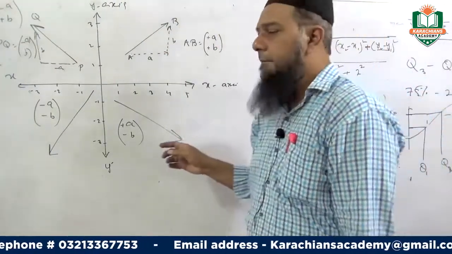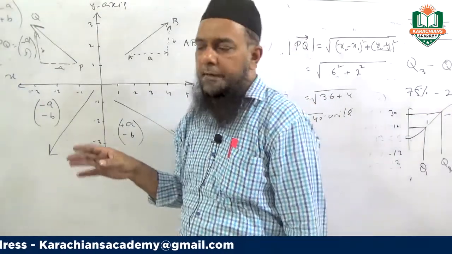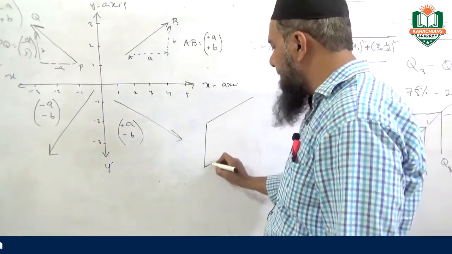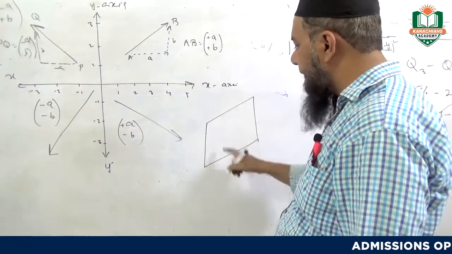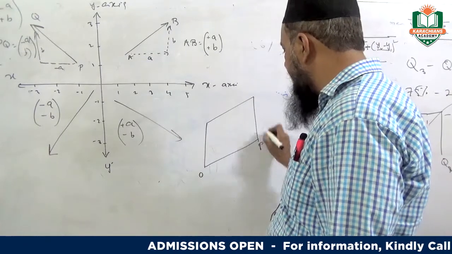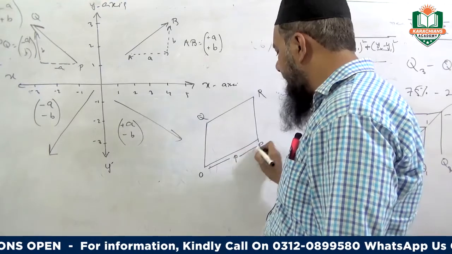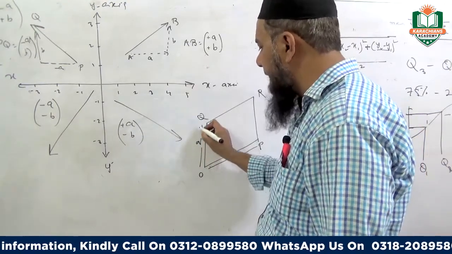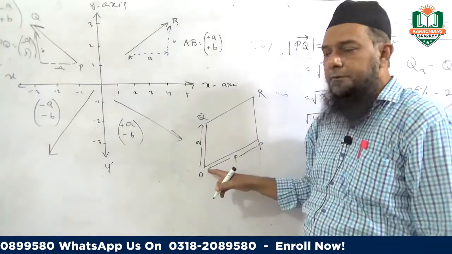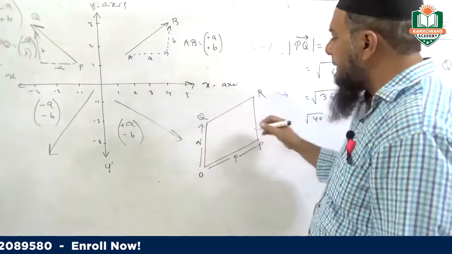Then I have to see whether the line is starting from the origin, that is, whether the question is from position vectors or without position vectors. Remember, if you are given a question on position vectors, like we have a rectangle like this, not a rectangle but a quadrilateral because all lengths are not equal, we consider O, P and Q. So over here this is P and this is Q. We consider that this is a drawing of position vectors because it starts from the origin. So this vector is OP, that is p, and this vector is OQ, that is q. Now we need to find OR.